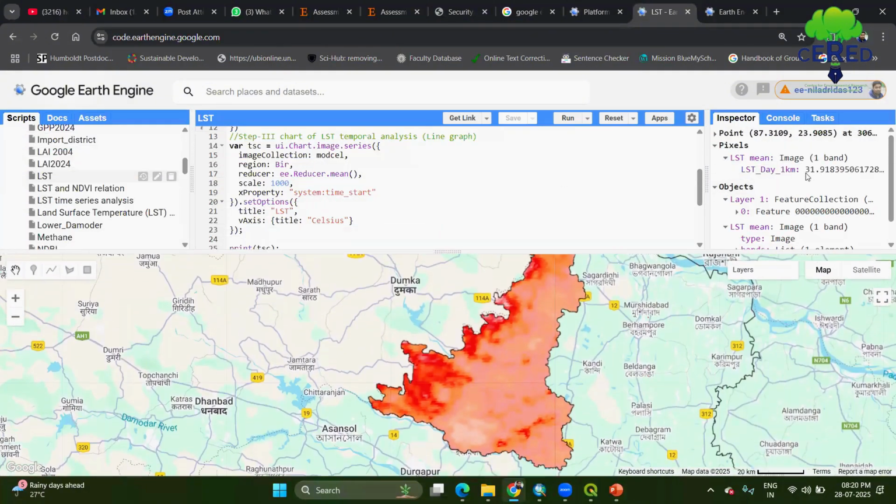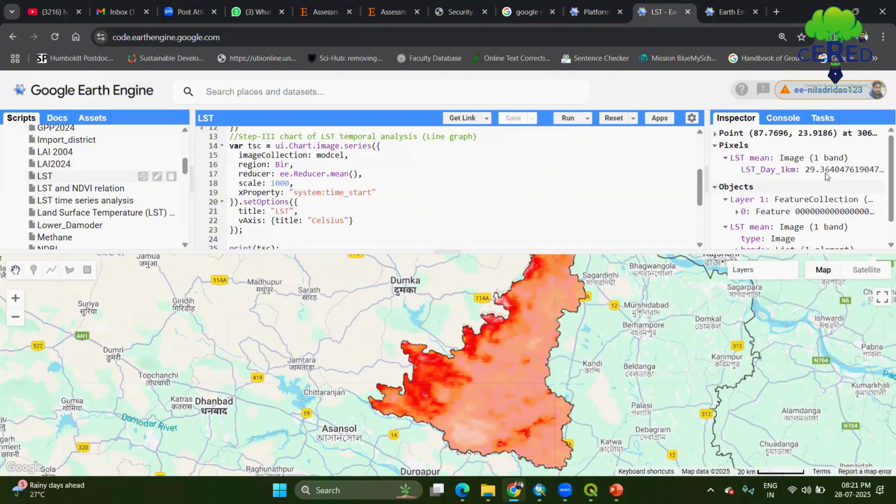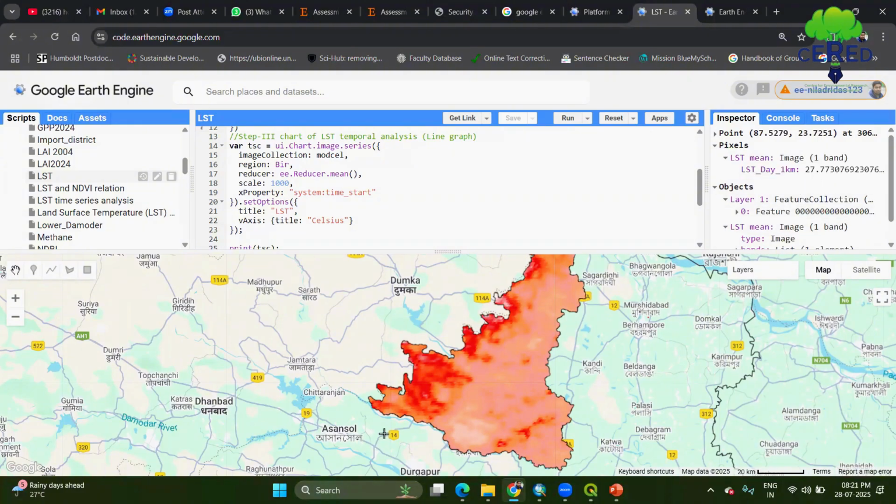You can see the temperature is showing 31.91 degrees centigrade. If you just click over here, it shows 29.3. And if we click over this here, it shows 27. So it is very easy to extract the land surface temperature from the MODIS image in Google Earth Engine